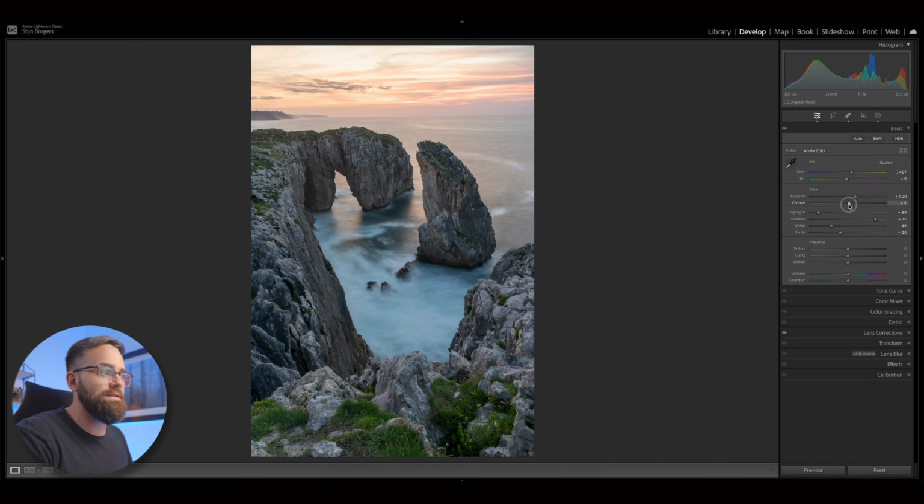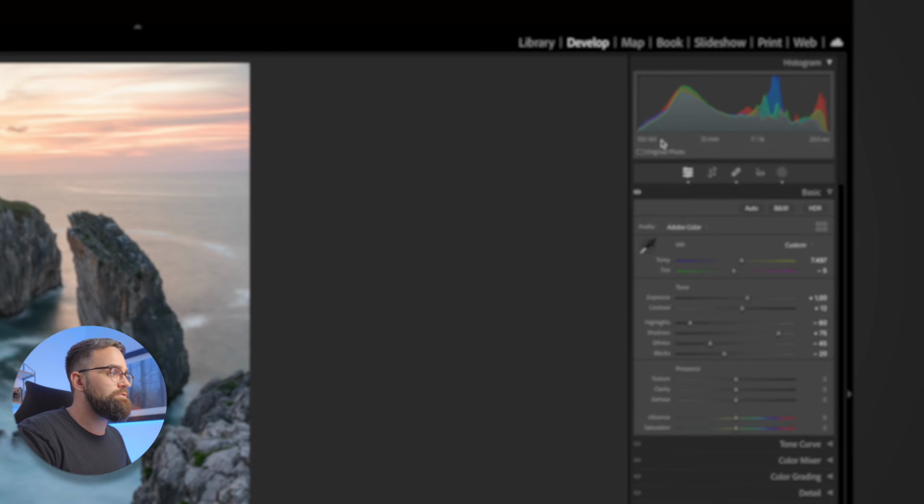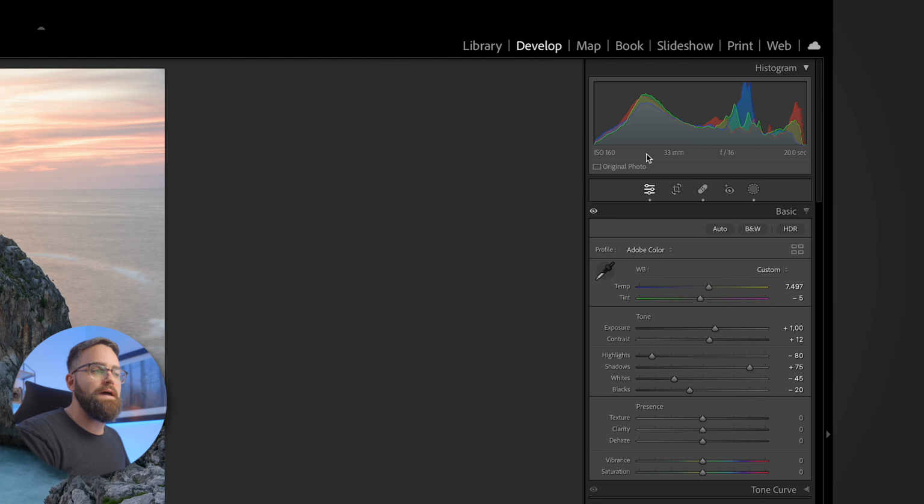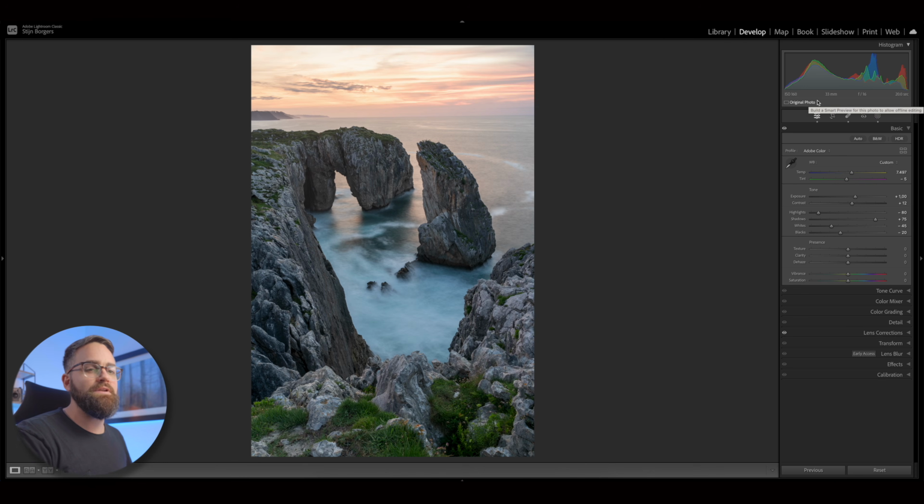And while some images will definitely benefit from adding contrast to them, it's important to be subtle with it. Because again, we're trying to maintain the natural look of our scene and only slightly enhancing it. For this image, you can tell by looking at the histogram that we already have a pretty high contrast shot, and we don't need to add much more global contrast. What is actually an even better technique of adding contrast is adding contrast locally and not globally, so to the entire image. And this is something we'll get to in a bit, but let me first show you